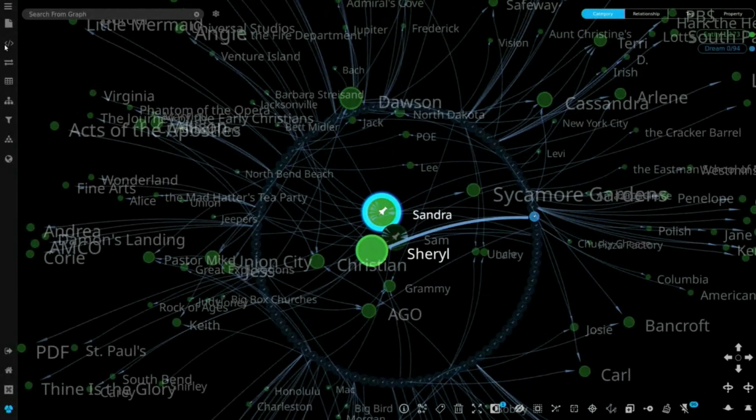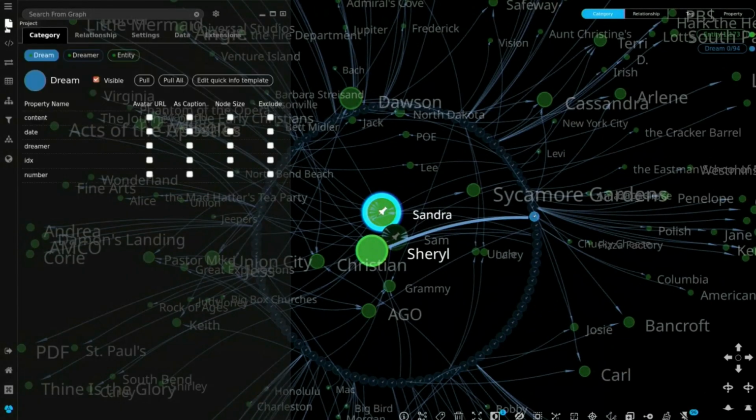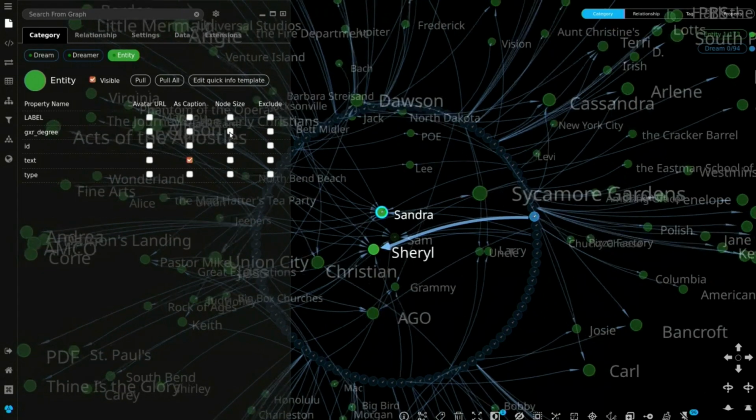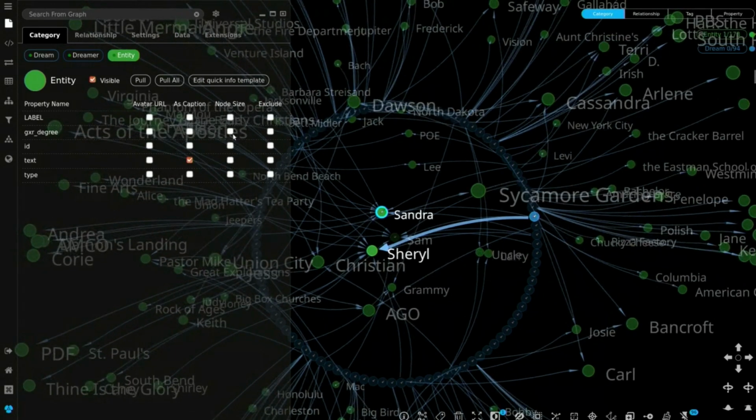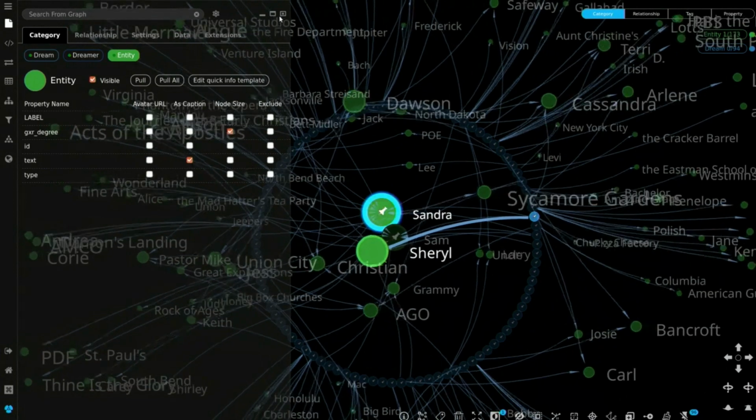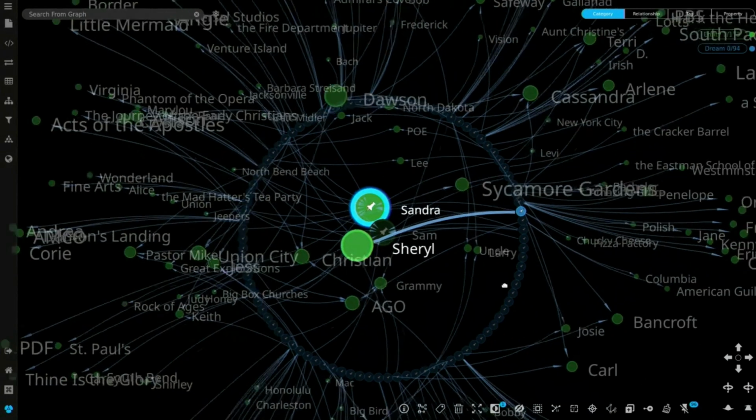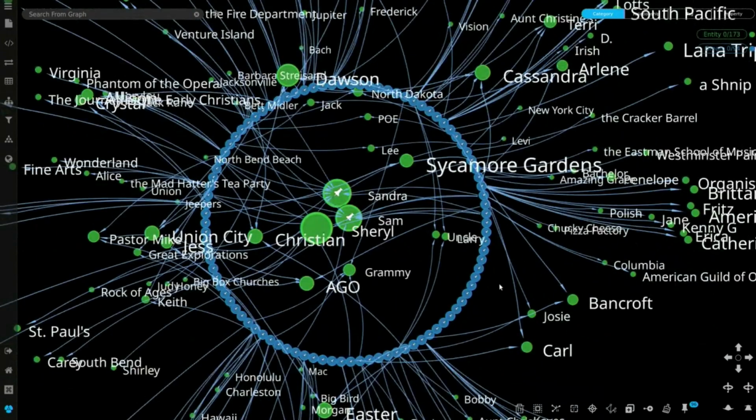And I can set that property to size the node. See, if I unclick this, all the entity nodes now have the same size. I can set the size, and now it's just easier to see which people are most frequently